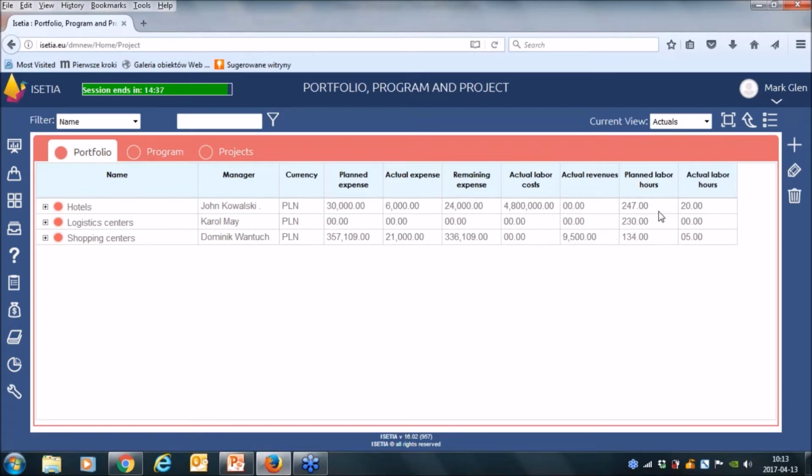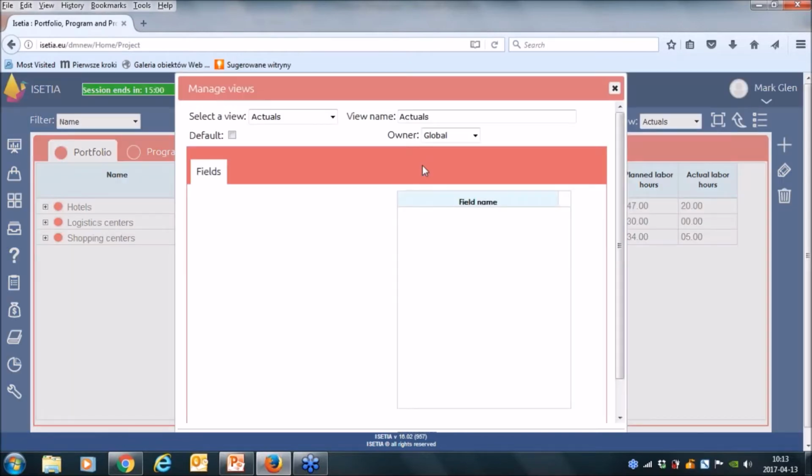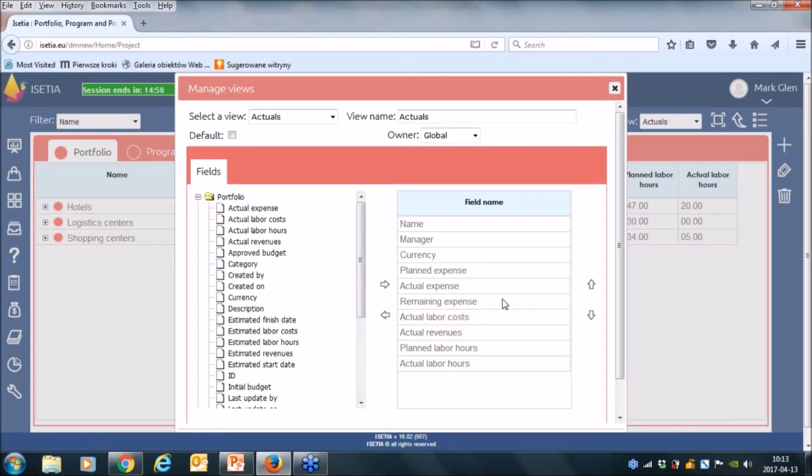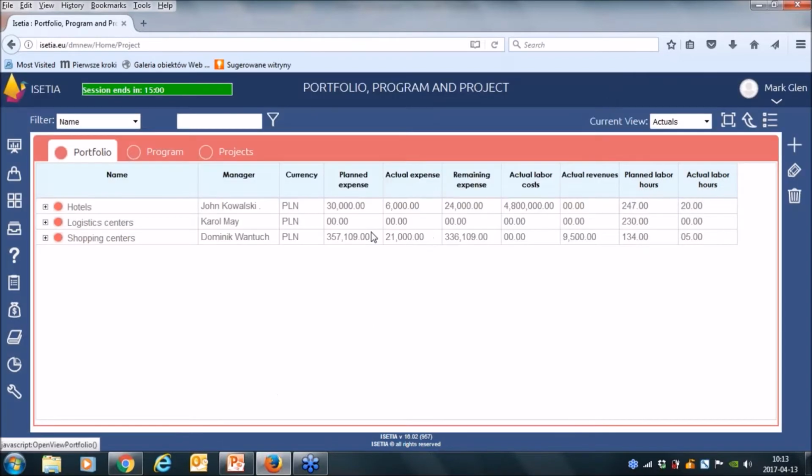And of course, you can present all these perspectives at once. You can prepare some layouts. This is very easy to achieve. On the left side, you have some data. On the right side, you have the chosen data. So on the portfolio level, program level, or project level, you can see all together: estimation, planning, and actuals.